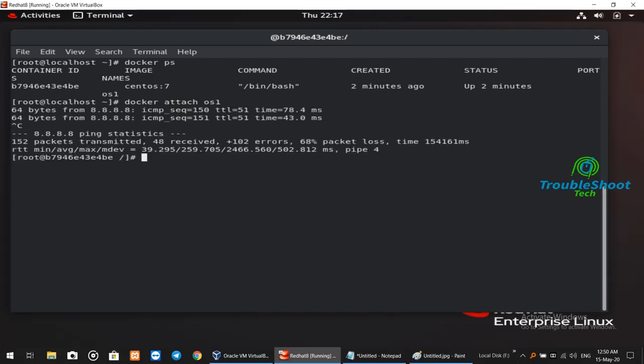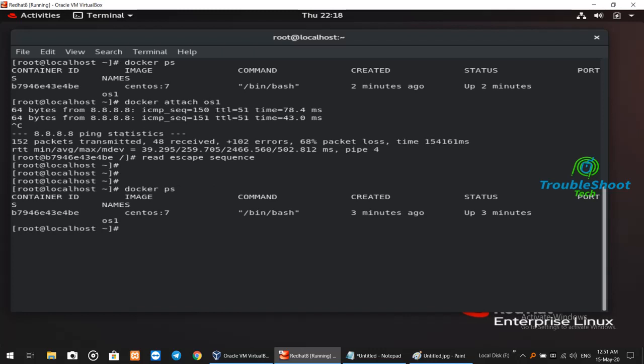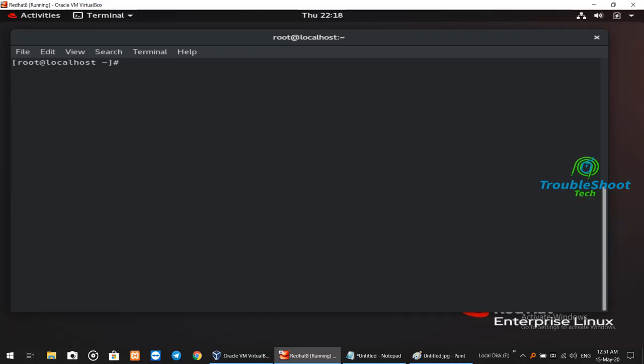It was pinging, stopping it, and I'm coming out of my container. I just got inside the container, stopped the pinging process, and exited, not stopped the container. As you can see, I have not stopped the container, but I've just pressed Control PQ to come out of the container. So another important thing is a command called Docker exec,